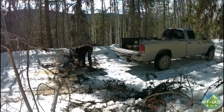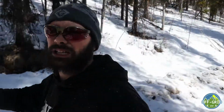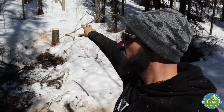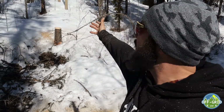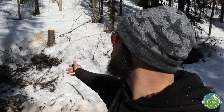There you have it. We're all cleaned up. One of the things I forgot to mention is when you're doing these types of cuts, what you want to do is make sure you get something that's close to the road. You don't want to get something too far, so that's why we drive around so much, because as you can see, there's like, I don't know, half a dozen just in my sight right there. If I went in another 40 feet, but then the snow is a lot